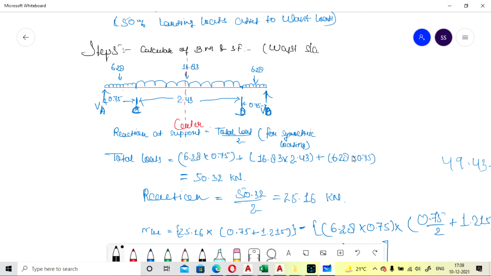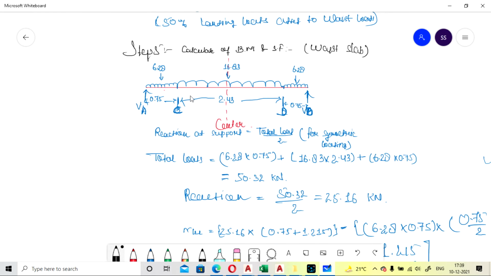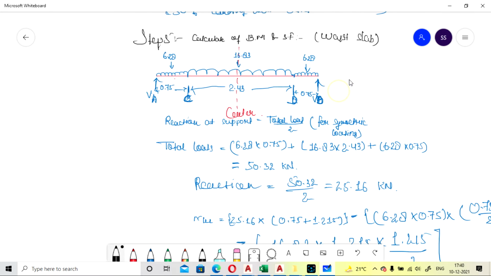This is how the load will be transferred, and it is shown that it is UDL distributed all over the base slab and also up to the landing slab. That is 50% of the load that was calculated for the landing. So it is 6.28, and this is the base slab, that is 2.43 length, and its total load is calculated as 16.83.